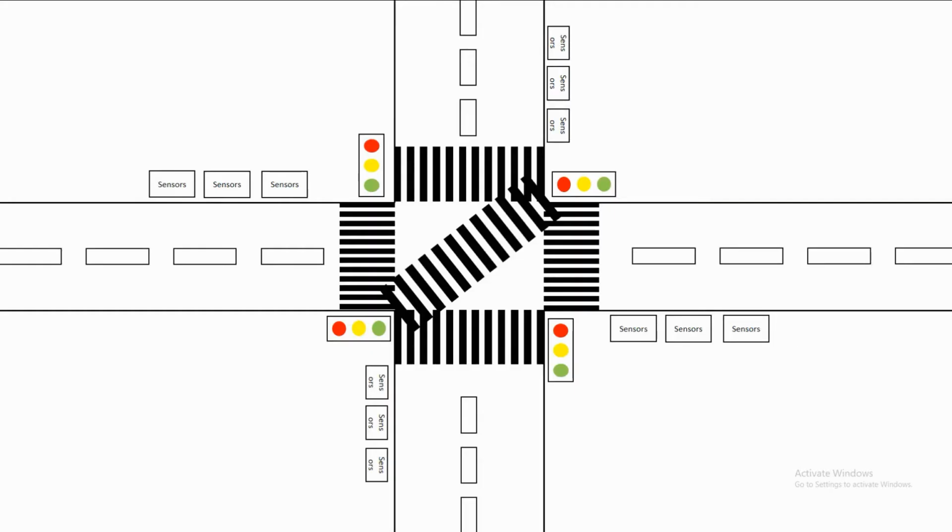The basic principle of our project is that the different sensors will detect the traffic and give the output. But if there is no traffic, then also it will set on the timer and we will get the output, so there will be no accident on the road. So first we will see without traffic.